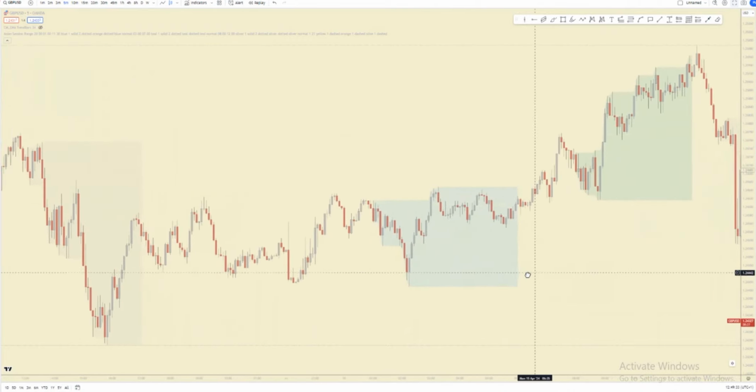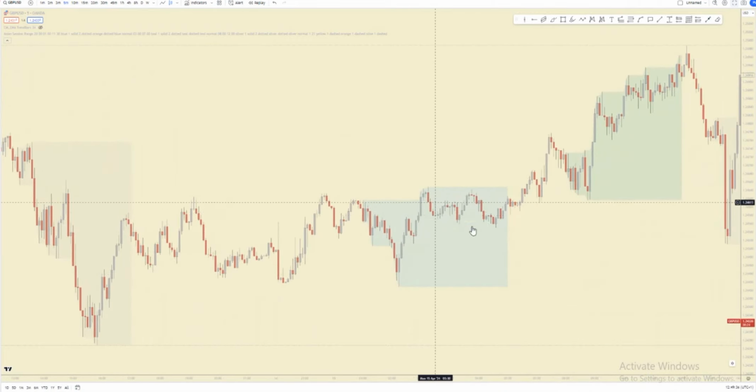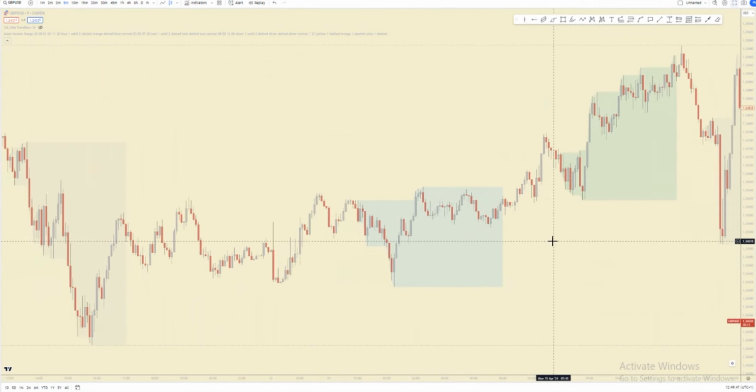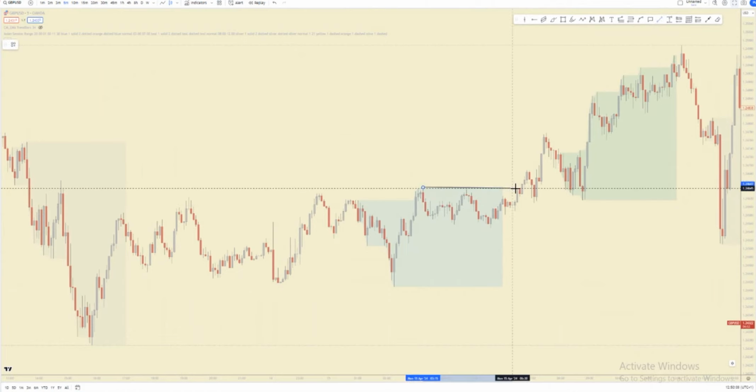For this one, what do you think Asia was doing? Probably trending again, consolidating. Now let's do it. I want to show you how to find that market structure shift. You see, this was the last low right here, and this was the last high. So I'll be using ranges to show you. So this is our last high here, and this is our last low.